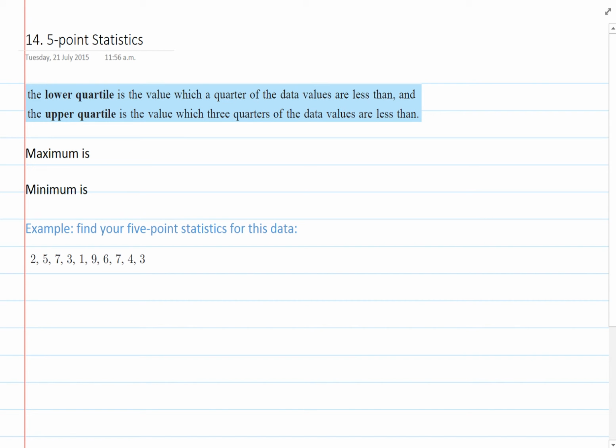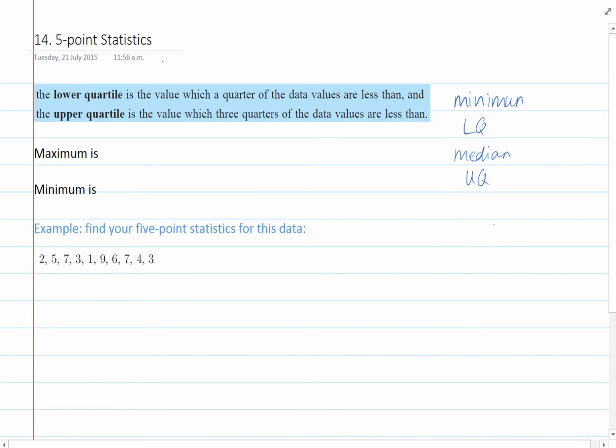Hi, year 9. In this video, I want to look at the 5-point statistics. The 5-point statistics are the special statistics that we need when we're looking at a data set. They are the minimum value, the lower quartile, which I'll talk about in a minute, the median, which we've discussed when we talked about averages, the upper quartile, which I'll talk about as well, and then the maximum